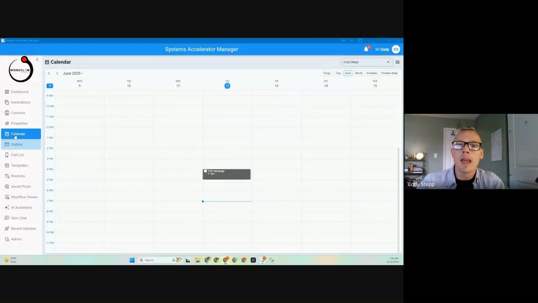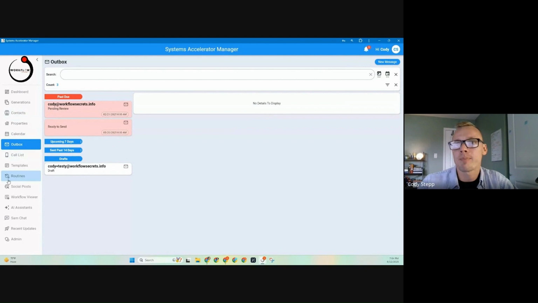So outside of the calendar, we need to go ahead and look at our outbox. Now, our outbox is going to be where all of our different messages get sent to. And we can look at this a couple of different ways. Now, my outbox is a little bit lean right now because this is my test account and we don't see